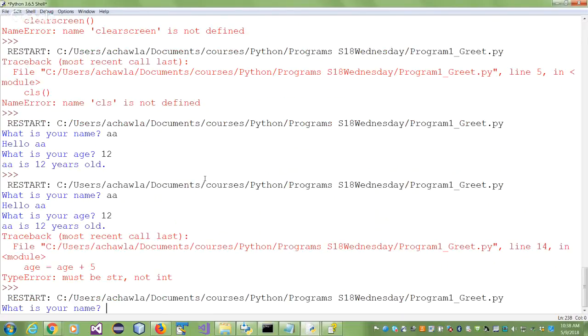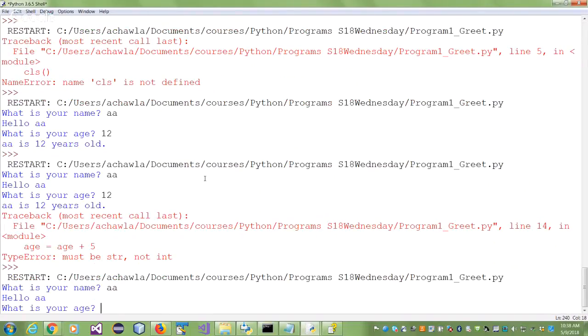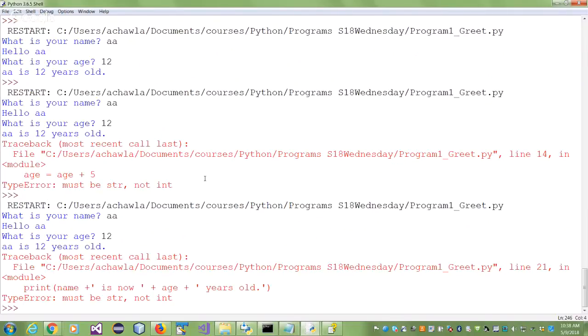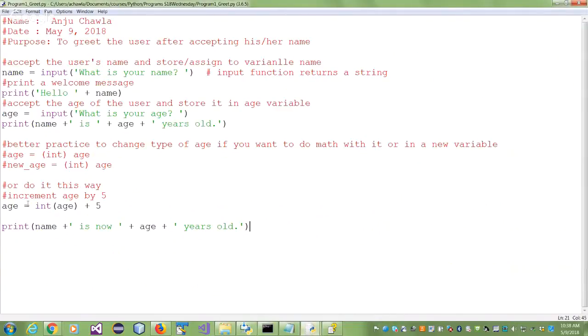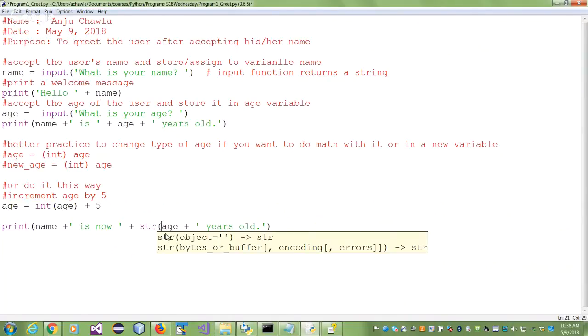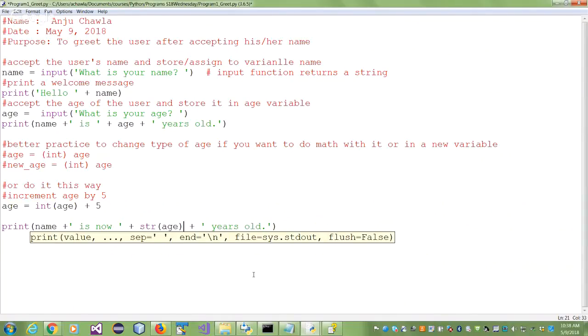Okay, so what's your name? What's your age? I again have an error. Now what is the error? Now the error is, I listened to Min, I converted it into an int, but now my age is an int, and now here I can't print it. What will I have to do here? I'll have to put it back into a string. Only then will it print.